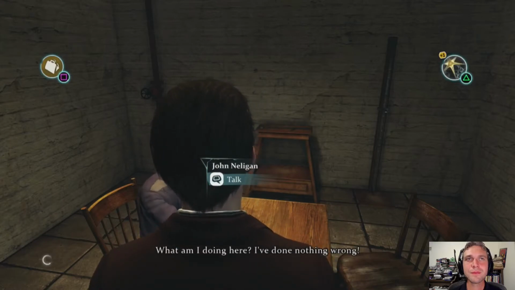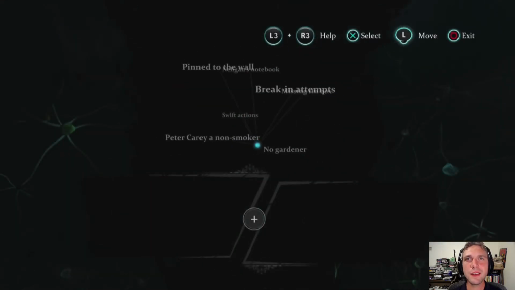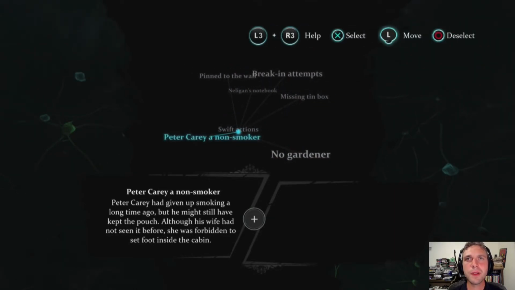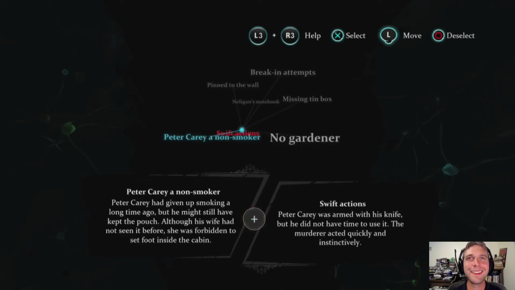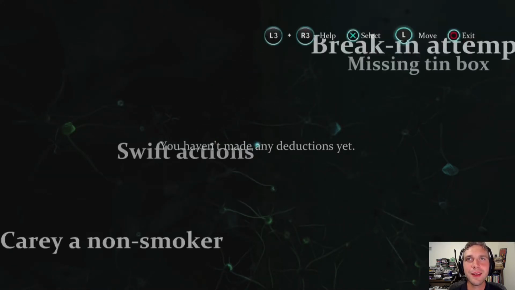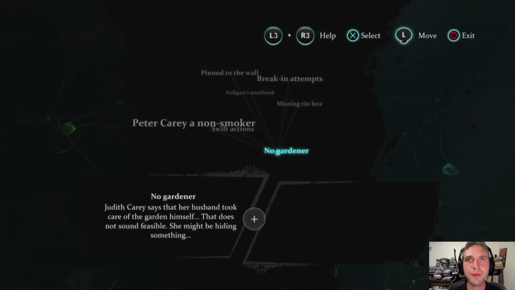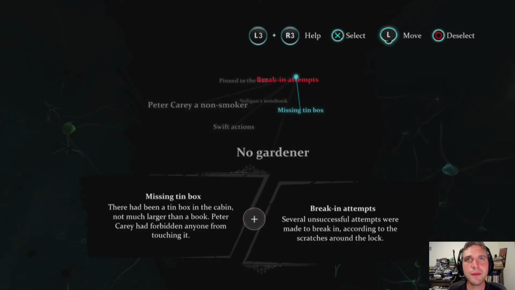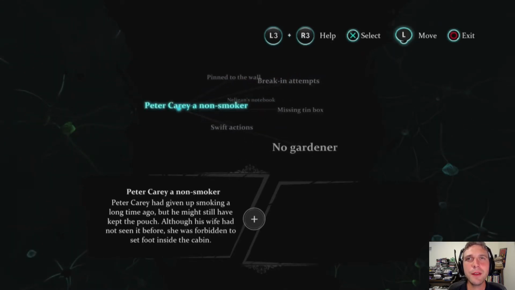What am I doing here? I've done nothing wrong. So if I press triangle... Yeah, it does this again. So he's a non-smoker. And we need swift actions. What? Wait, go back. Alright. Missing tin box and the break-in attempts. No? Alright. Is this when I'm supposed to solve the crime? I don't really get...